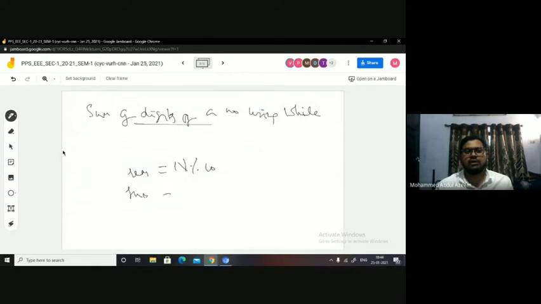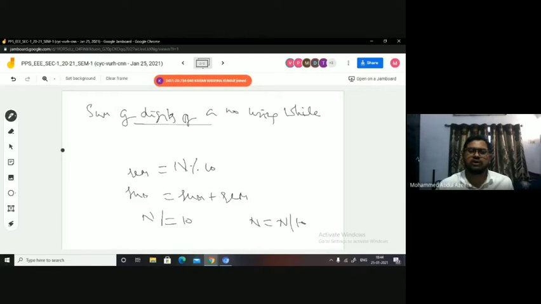Then that remainder was being added, sum equal to sum plus REM. Then you are reducing the number. N /= 10 means n equal to n by 10 only, right? This is a shortcut operator. So by doing this, you are able to reduce the number. Then you are repeating this. And how long you have to do it?